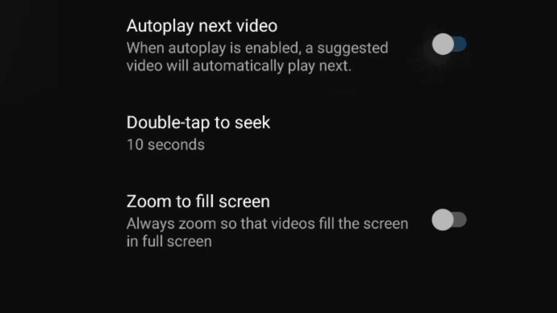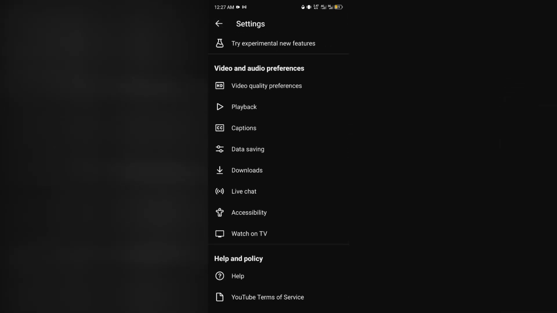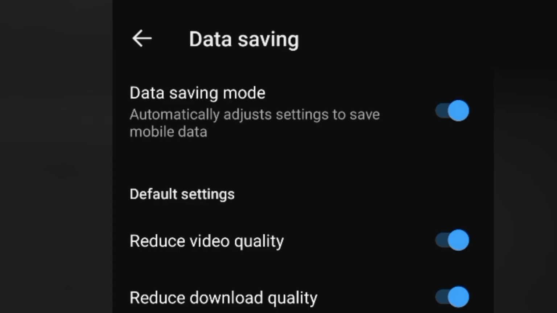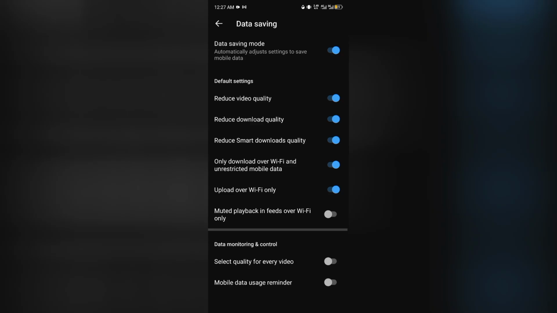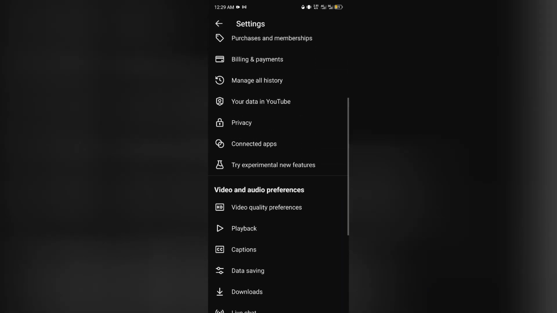Okay, right, so if you turn it on, this is what's going to be happening. Next videos are going to play automatically without your intention. So the best thing to do to save data is to turn it off. So let's go back, and then the next thing we're going to do is to find the data saving mode. It is right here, click on it. Now you can see that I've turned this one on. So when you turn it on, YouTube optimizes the best settings to save your data. So I'll go ahead, turn it on, and then let's go back to the next settings. Let's scroll all the way